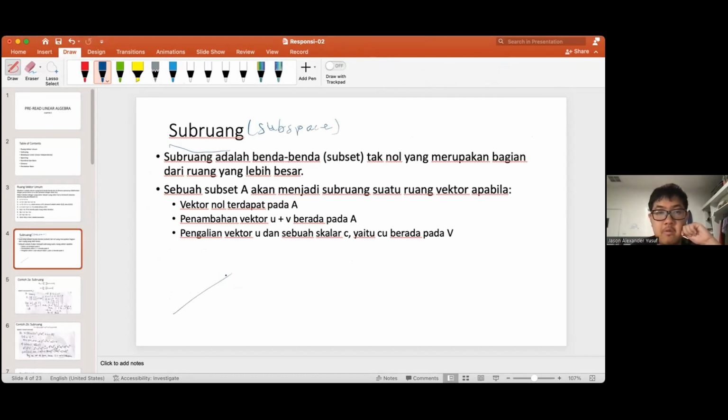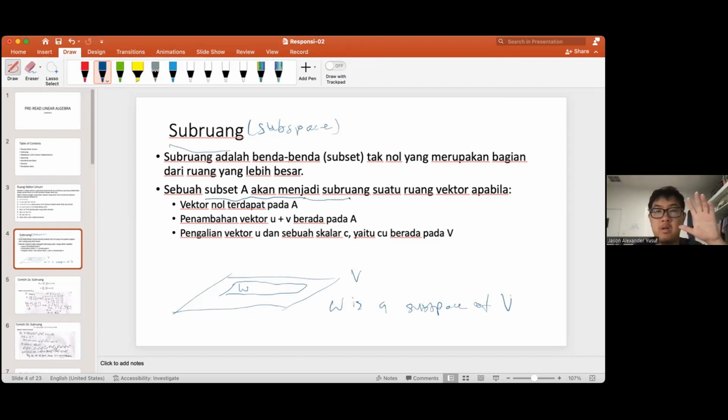Let's say just now we have a space V. Inside here, let's say we have another space called W. So basically W is a subspace of V. A subset